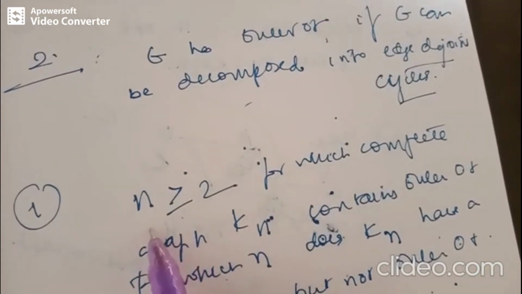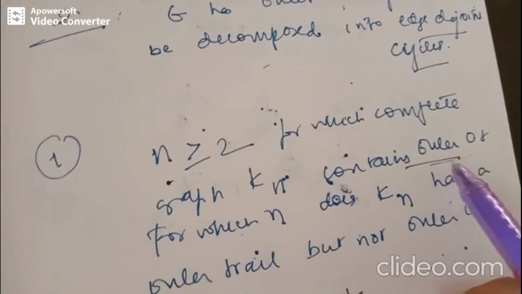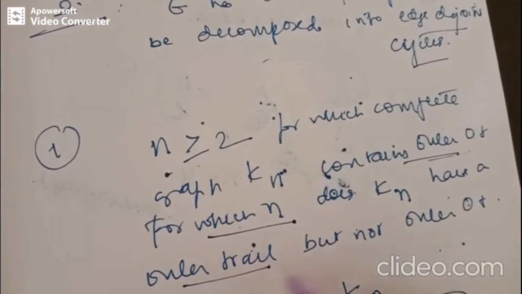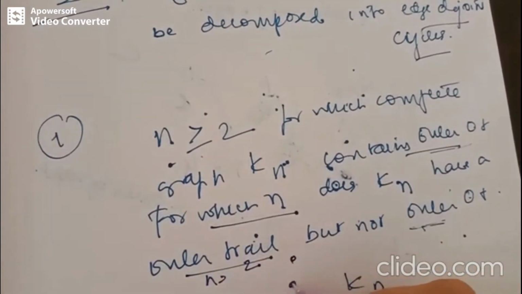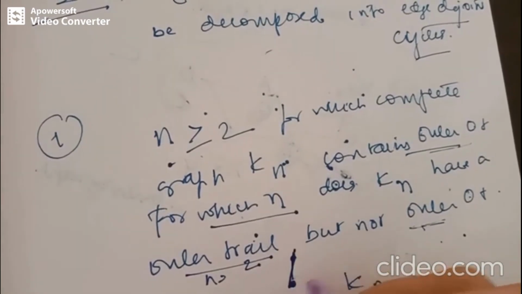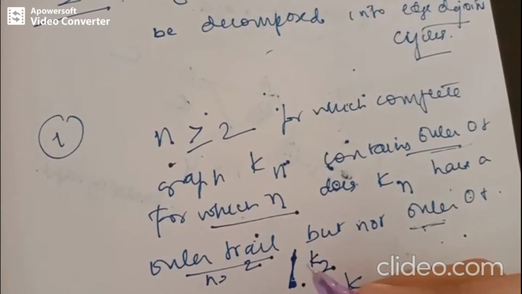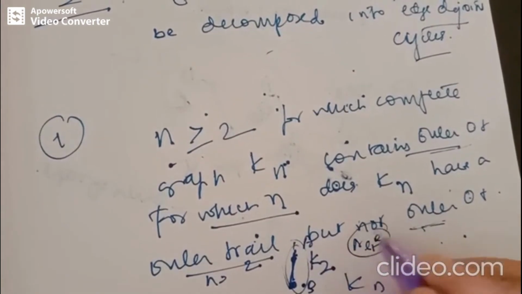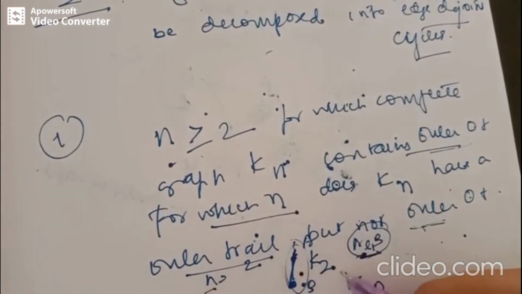So we are supposed to find out the number of positive integers n for which the complete graph contains a Euler circuit. And we have to find out the value of n wherein the complete graph has a Euler trail but not a Euler circuit. If we take an example, n equal to 2, that means there are two vertices which are connected by an edge. So this is graph K2, right? It contains exactly one edge, and this edge together with the two vertices, we can say it is a trail, right? A, E1, B. It is a trail, and moreover it is a Euler trail. It includes all the edges in the graph K2, right? So for n equal to 2, we get a trail.